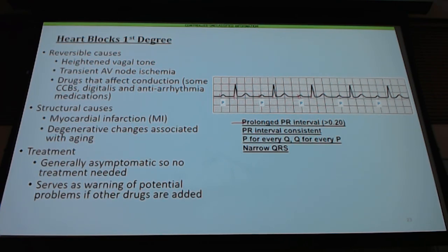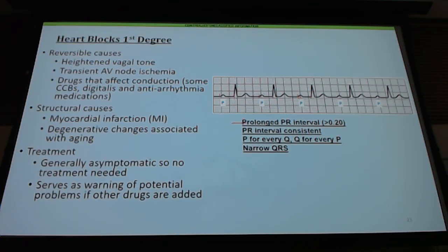Now, is this pattern predictable or not? It's predictable, right? It's consistent. It's just that everything is prolonged. Do we like predictability in medicine, or do we hate it? We like it, right? Because we have that predictability in this arrhythmia, most of the time this is a completely benign, asymptomatic condition. Are we putting pacemakers in 6-year-olds who have first-degree AV block and are completely asymptomatic? The answer is no, because it just happens to be something that they deal with. They may outgrow it as they get older, but we're not jumping to put pacemakers in folks who are asymptomatic